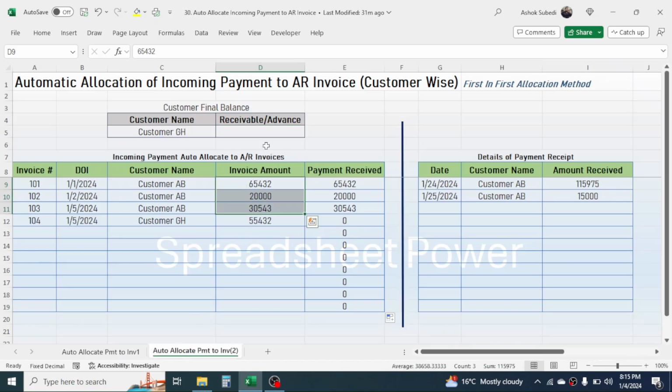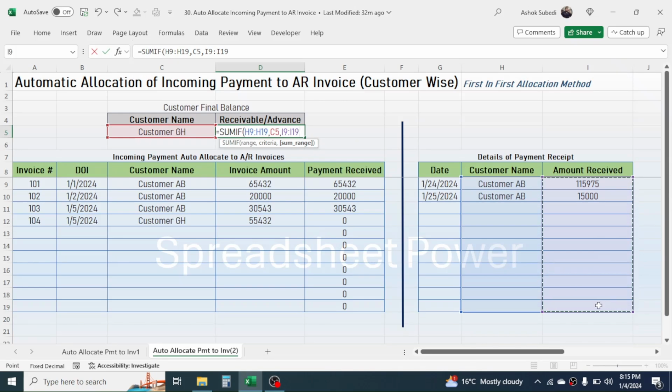So to calculate the advance amount or the receivable amount, or let's say the final amount of the customer, we have to use the SUMIF formula again. Here the formula will be equal to, then type SUMIF, open the bracket. First of all we need to calculate the total amount received from this customer, that is given here. So for that, in the range we have to take this customer name range, then give a comma. In the criteria click on this customer name, comma. In the sum range select this amount received range, then close this SUMIF formula, then type the subtraction symbol,